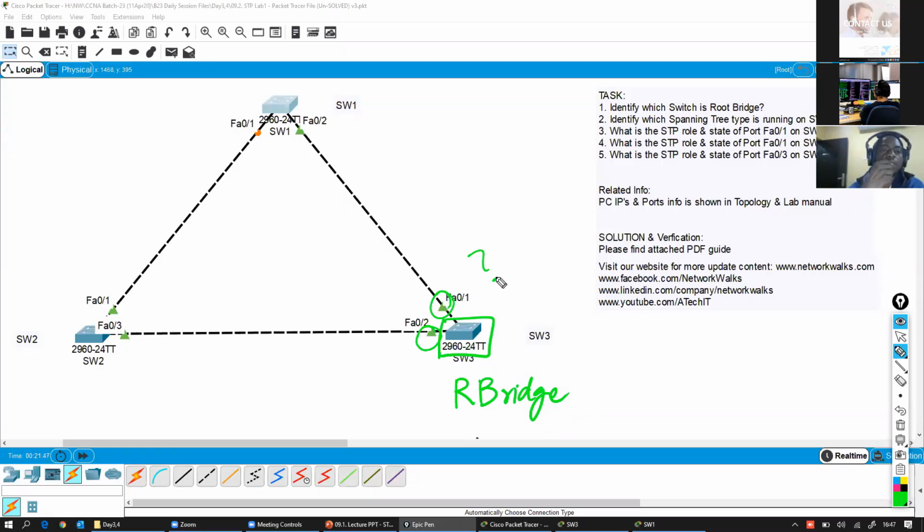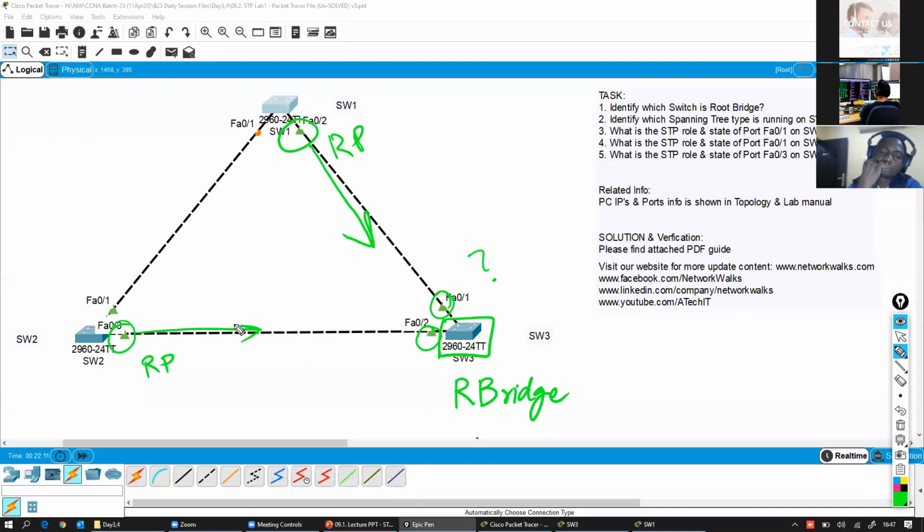Manager says FA0/2 on switch 1. So switch 1, yes, very good. So this is our root port because this one is facing. And then Salavu says on switch number 1, Eddie Deong says switch 1 FA0/2 and switch 3, Manager says FA0/3. Very good. This port will be the root port because it is facing on that side, right?